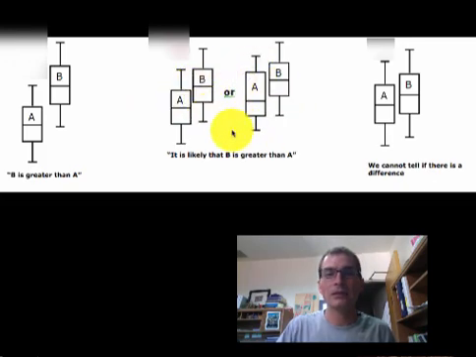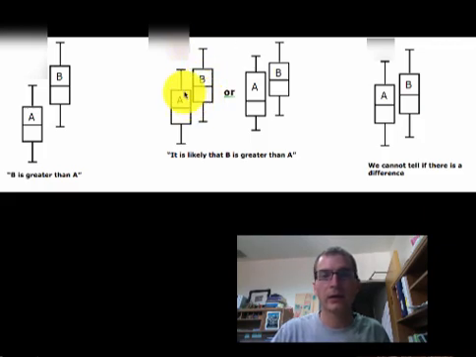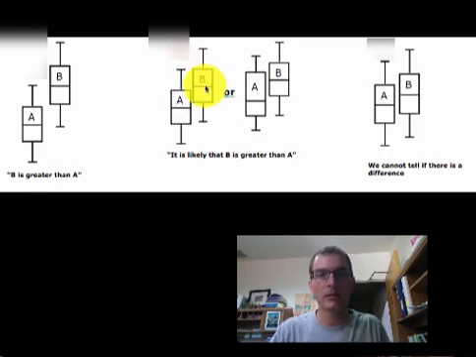Now let's look at these examples. You can see these two examples are a little different. Let's take it piece by piece. Here we have 75% of B's data is not greater than 75% of A. It's greater than 50% of A. So it still gives us some certainty that B is greater than A, that gray thermometers warm up more than white